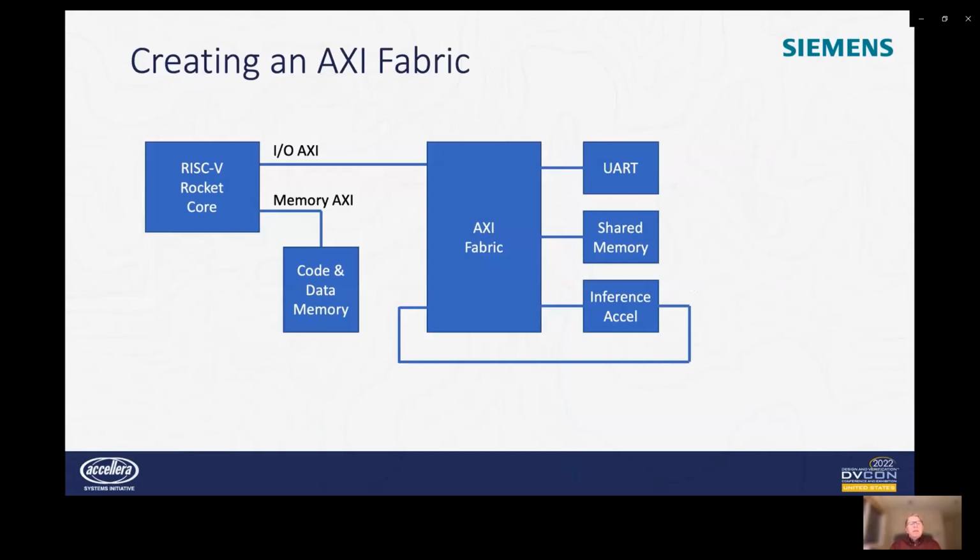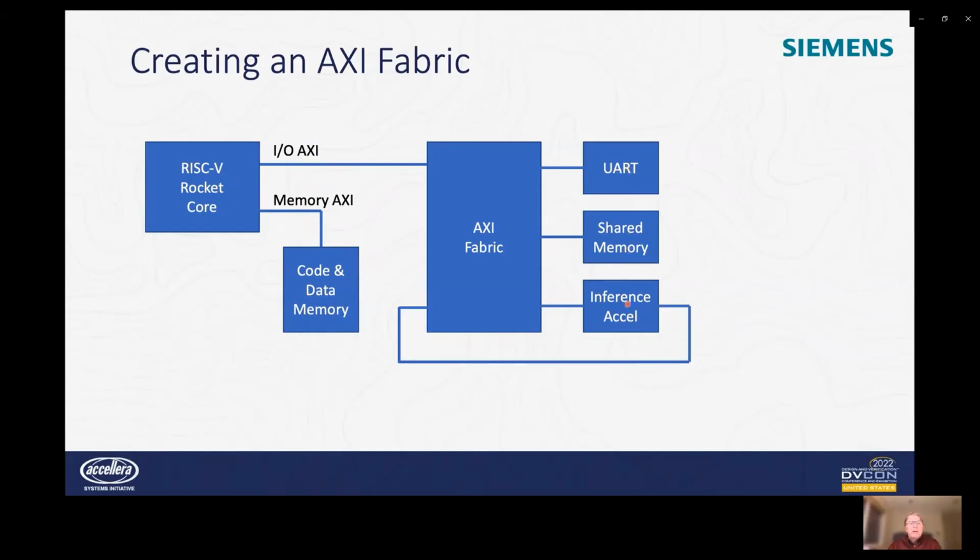So with this capability, let's look at how we would go about modeling an AXI fabric. So this is the example design that we'll be talking about through this little chat. So we have a RISC-V Rocket core, which has two AXI ports on it, one for the local memory and one for I/O. So attached to the memory will be the code space and the data for the program running on the RISC-V. And through the I/O, it will go to another AXI fabric that will be talking to a UART,